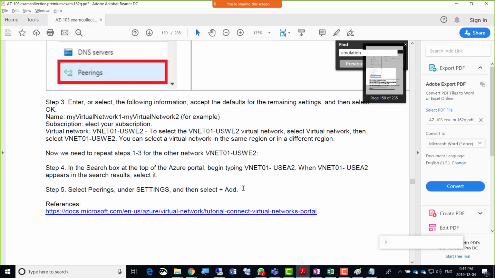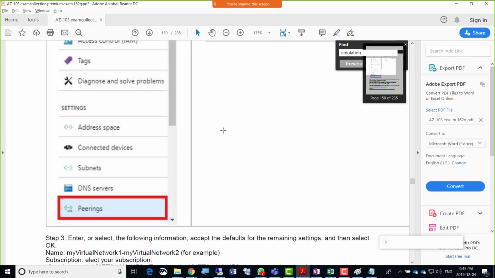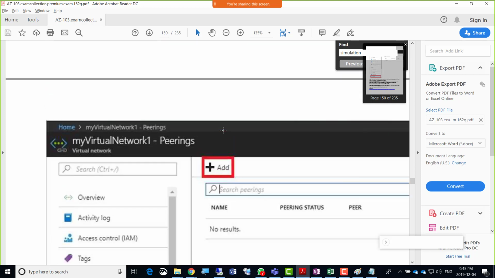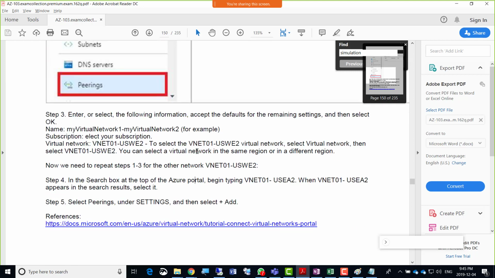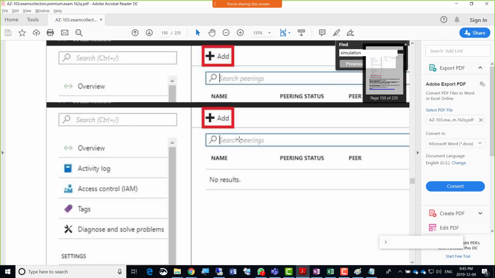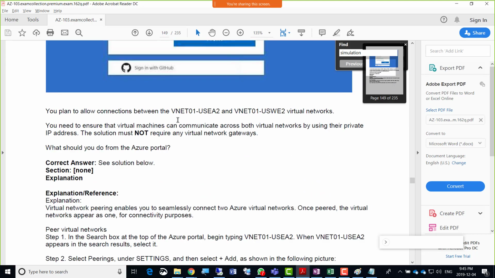So select peerings and settings. Since we did that lab already, what's the difference between that lab and this lab? I don't think there is any difference, but VNets are there, by this name. Oh yeah, so guys, we can assume, just to save time, that you plan to allow connections between virtual networks. Maybe in the exam the VNets are already there. You just need to enable the peering. Oh, in the exam, okay. Ali's saying that VNets are always already there. You just need to enable peering. So guys, we already enabled peering with two VNets, and that's the same way you can create that.